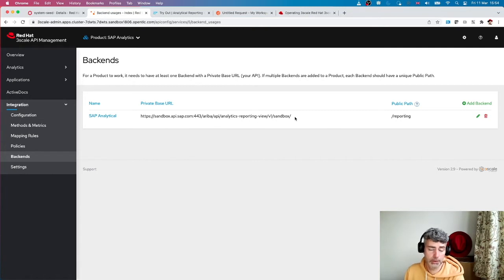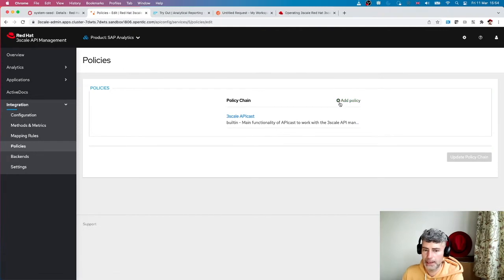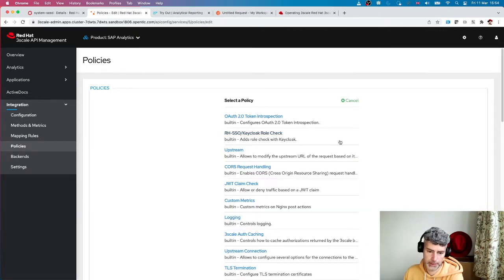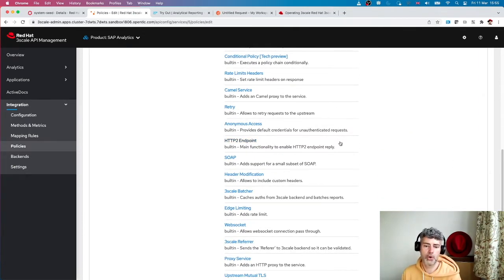And now what we are going to define is the policy. As we just saw, it was asking us when we try to integrate the backend and the front end and the product. It said that first we needed to create this integration and then create a policy, and then we need to publish this policy. So we're gonna go here to policies, right? And we're gonna click on add policy, and the one that we're going to use here, because what we want to do is to modify and add the API key in our headers when we do a request. So we'll go to header